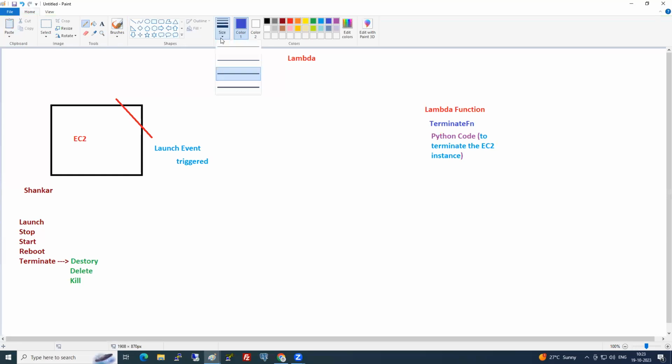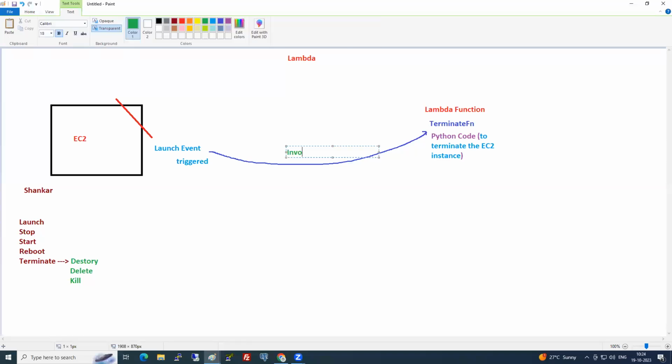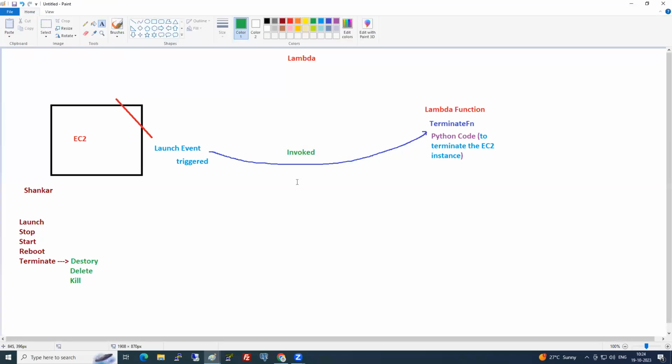See here. Now, whenever the launch event is triggered, I will invoke this Lambda function. What is the word I used? Invoke. Invoke is nothing but calling.